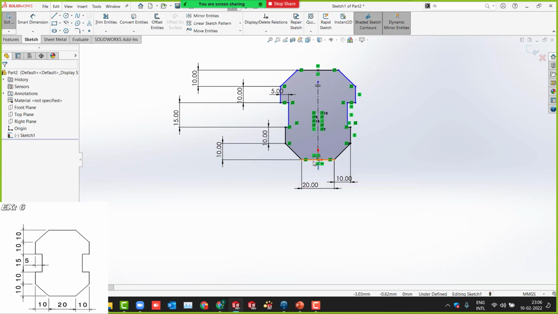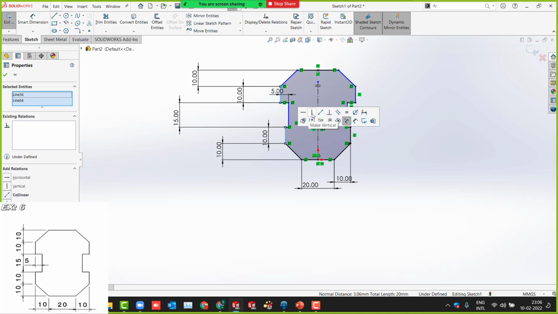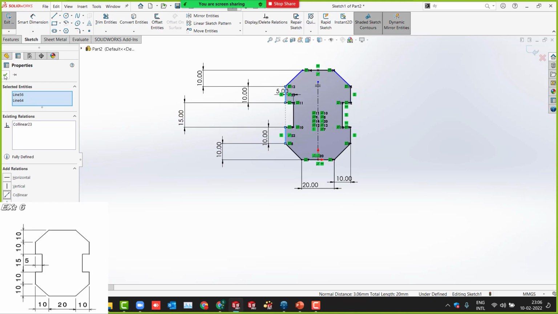You make the 5. The thing is, this line and this line should be in vertical relation, right? Hold the control, select these two lines, make them vertical. Sorry, collinear. You need to select the collinear.